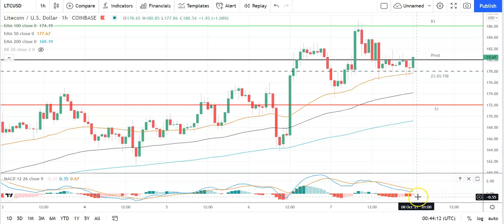Looking at MACD, slight narrowing of the bearish histograms at the turn of the day. No immediate signs of a bullish cross, however, so keep an eye on that. On the EMAs, that's still a bullish signal, 50 pulling away from the 100 and the 200, suggesting further upside ahead. So key, avoid a fallback through the pivot at 180 and break back through to 185 to bring resistance